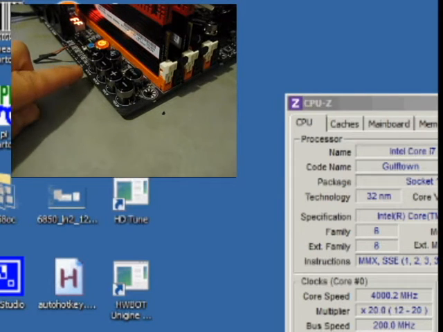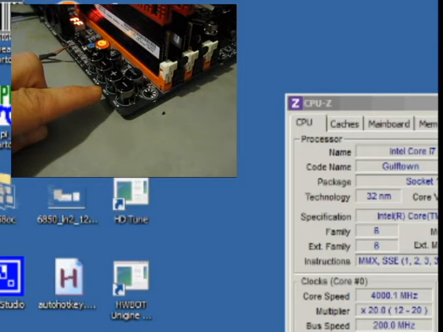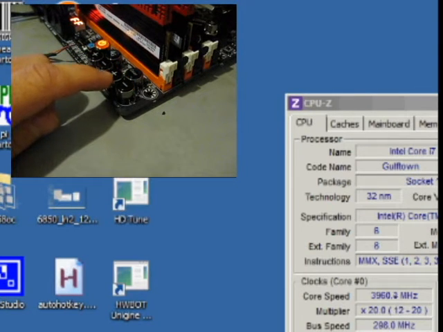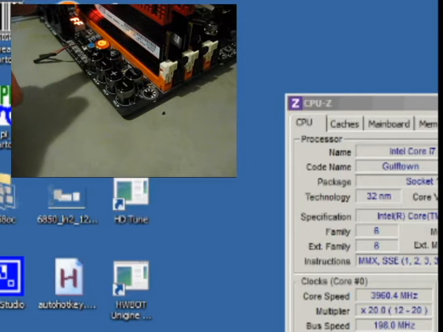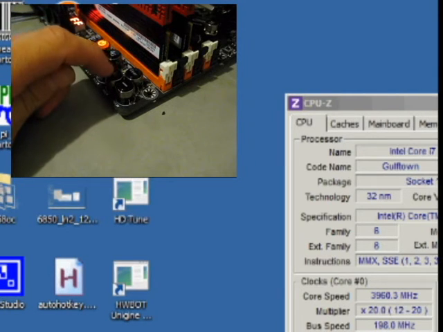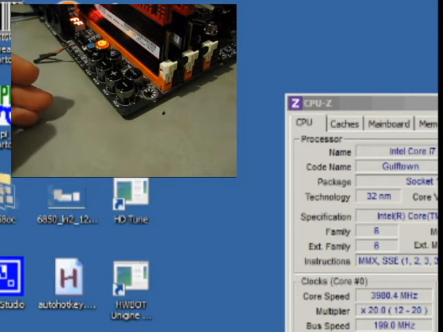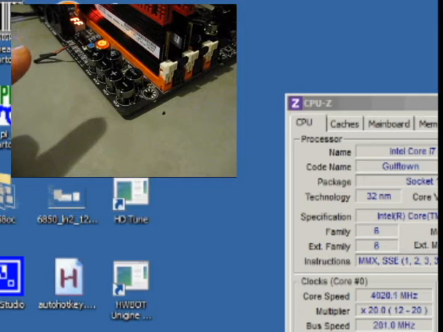On the left hand side we've got a ratio up and down, and on the right hand side we've got a frequency, which is a BCLK up and down. With the BCLK we can hit it up and down, and it's very responsive. Instantly I get a response. If I hit it back up again, its default behavior is to go in 1 megahertz steps, but